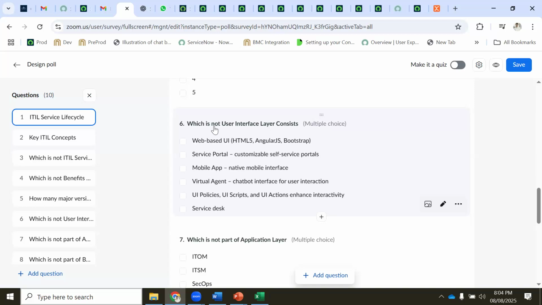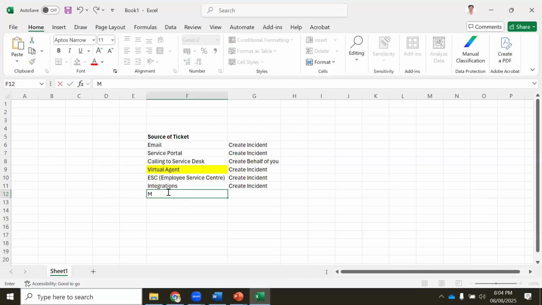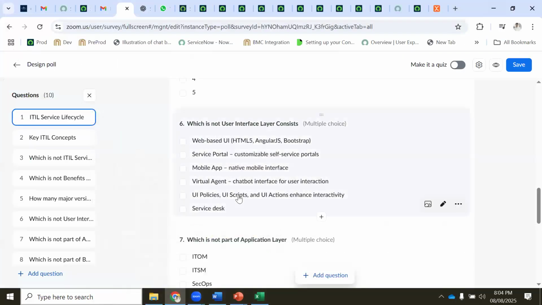So by doing this, again, guys, I missed one of them. So let me clarify here. I'm so sorry. With the mobile interface also, you can submit a ticket. Mobile UI, create an incident. You can create an incident through mobile. So which is not a user interface layer consists.